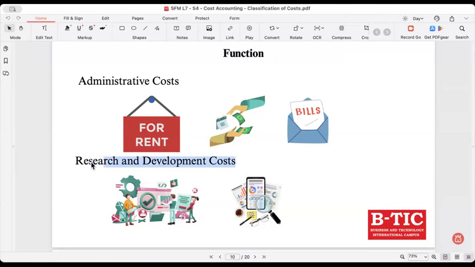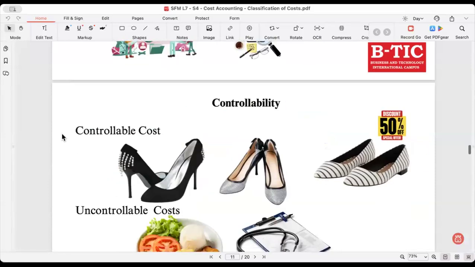And next you have R&D, research and development. Research and development costs include examples such as discovering or innovating a new product or process, a new idea, a process. That comes under R&D costs. And next you have